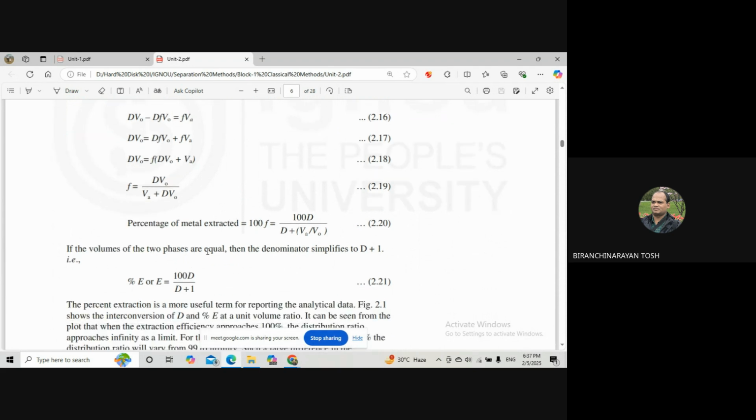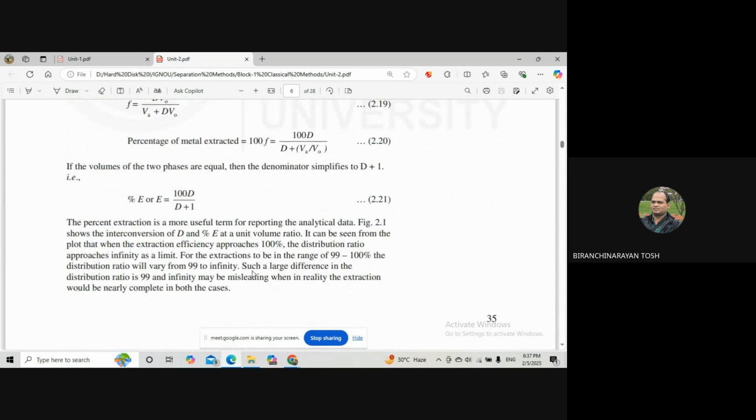So if the volume of the two phases are equal, then the denominator simplifies to D plus 1, this one. Equal, so it will be 1. So 100 D divided by D plus 1. That means the volume of both organic and aqueous phase you have taken in equal amount. Then,